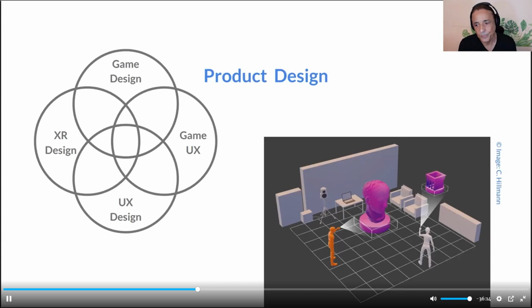And both of these worlds actually come together in game UX, because game UX has been around for quite a while, especially for mobile games. It became very popular in the last decade. In game UX, you have a clear separation of what the game design does and what the UX design does. The game design does all the game content, and the UX does the onboarding, the sign up, the leaderboards, the UI interaction, these kinds of things. And